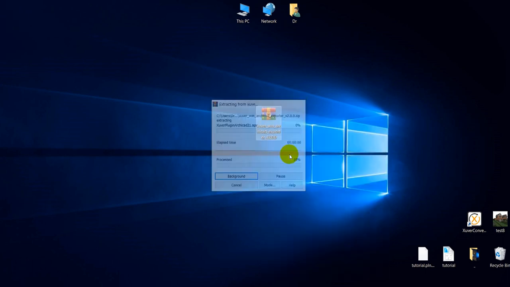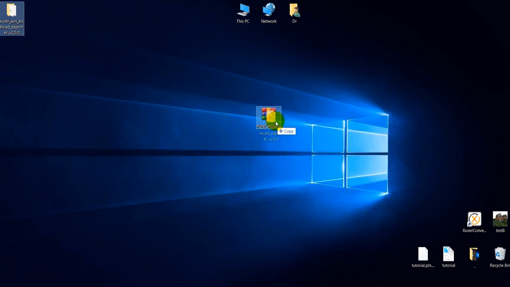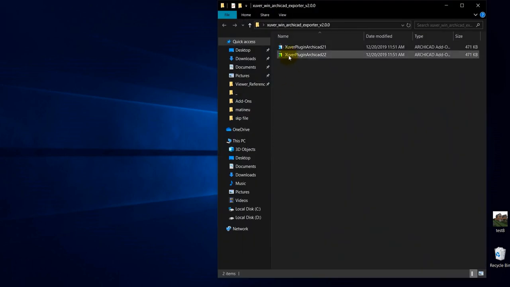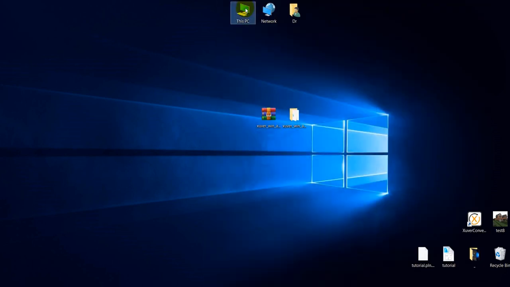We extract it and we have two plugins depending on what version of ARCHICAD you have. I have ARCHICAD 22, so I'm going to copy this, Ctrl+C,